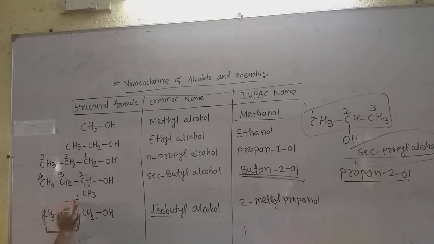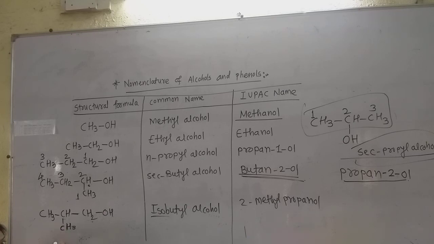Now see this example, how we give the IUPAC name for this alcohol. Now this is the CH3, CH, that is the substituent CH3 is on this CH, again in the chain CH2 and then OH is there. So number from that side which has the nearest OH group, but numbering is given only in a straight chain and not in a zigzag manner. Now this is considered as the substituent.